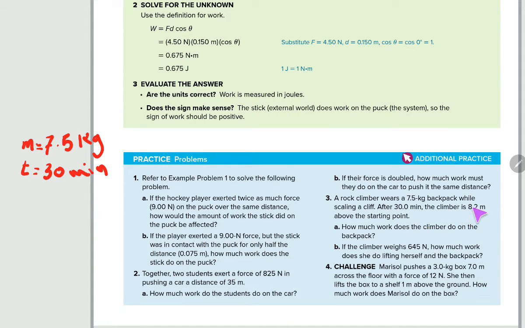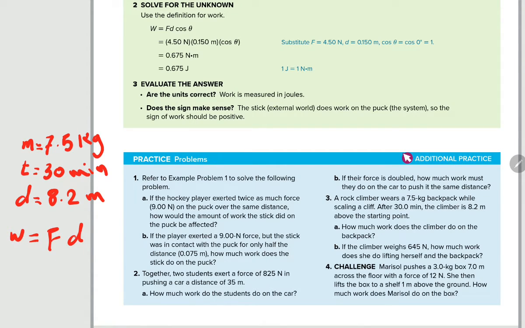The climber is 8.2 meter above the starting point. Here we have the displacement, which is equal to 8.2 meter. The question is, how much work does the climber do on this pack? So our law should be W equal to